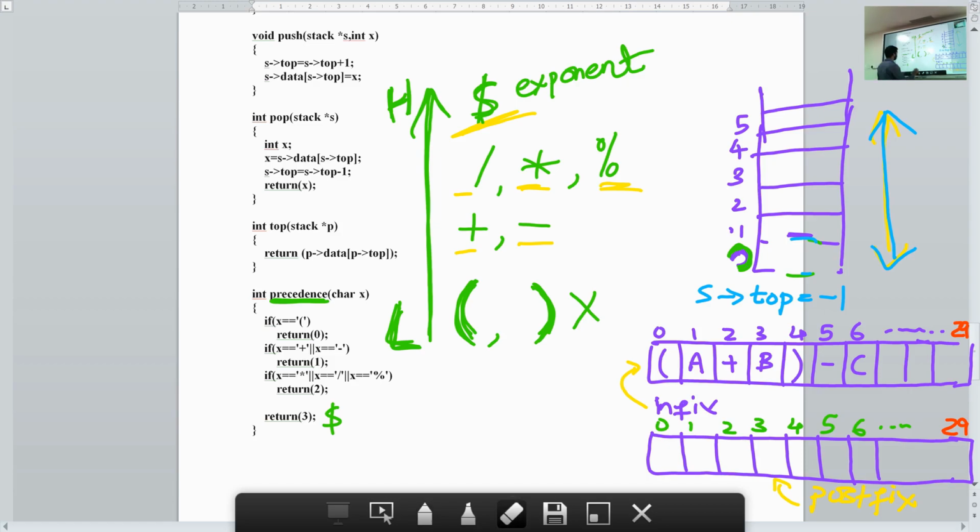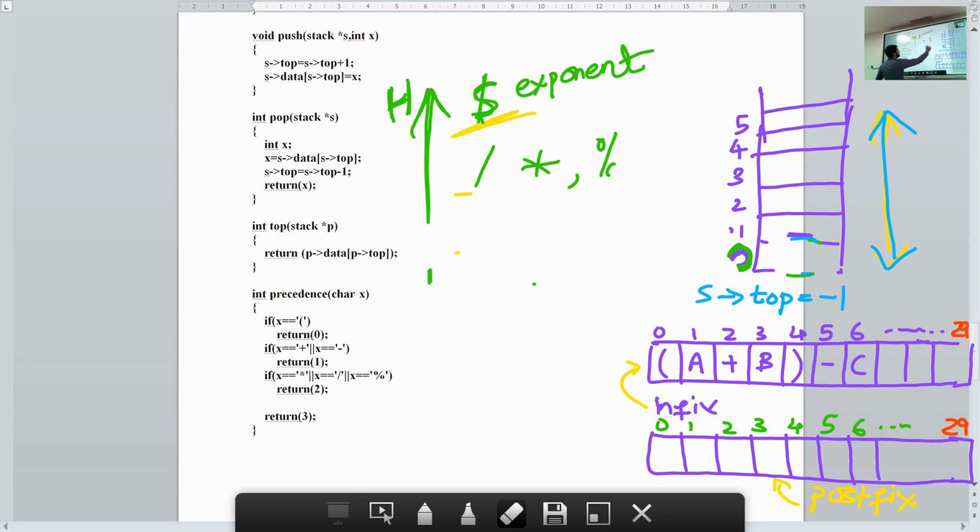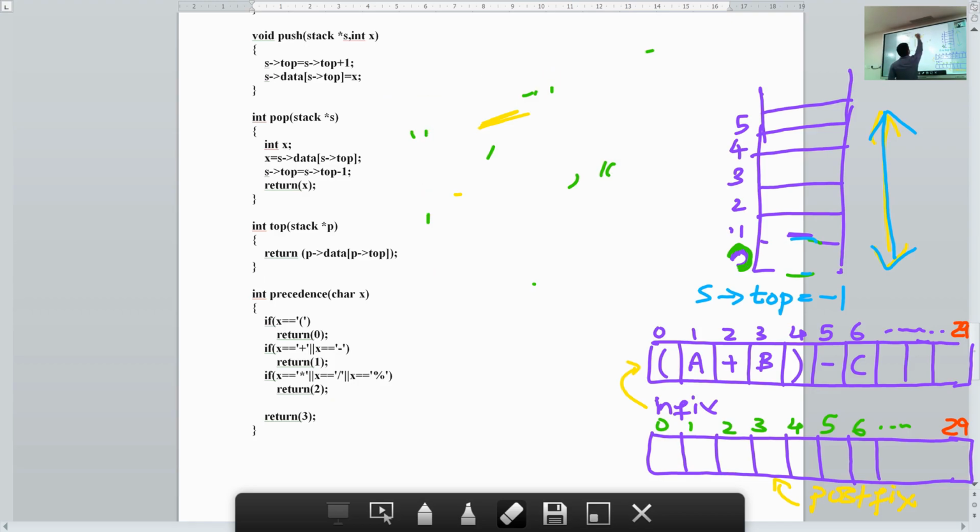Now that we have understood these functions, let's study our actual program, that is our algorithm that is implemented in the infix to postfix function.